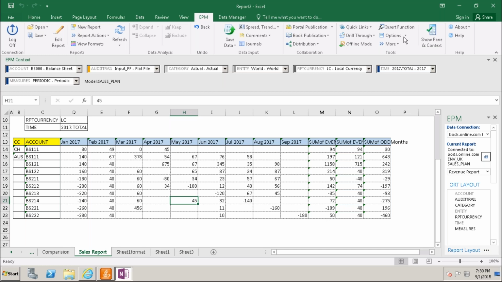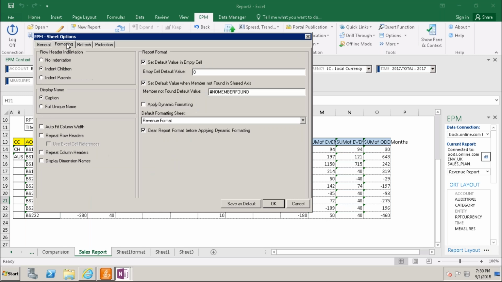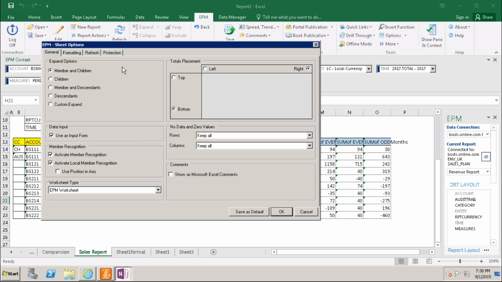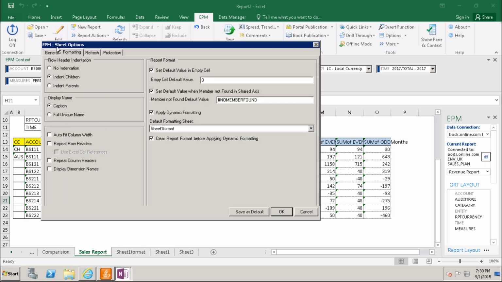Okay, fine. I'll work on this and will explain it to you. The same thing here, we can apply this dynamic formatting. For example, we are applying the sheet format here. Refresh. No, it is not applying here. I will check why it is not applying this formatting.